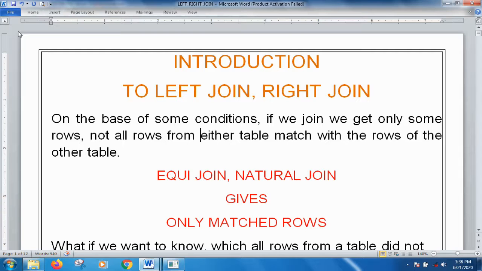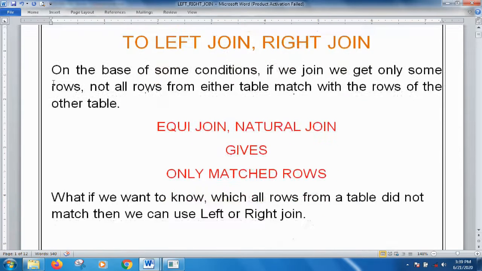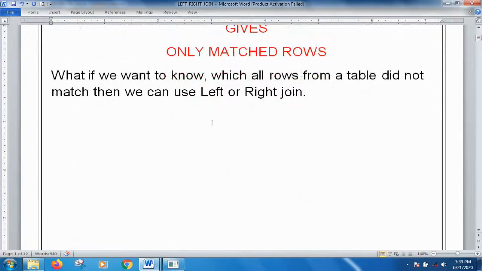When you display using equijoin or natural join, it only shows you the matching rows. What if you want to know all the rows from a table that did not match with the other? In such a case, MySQL left and right join can be very helpful, and it refers to the order in which the tables are put together and the results are displayed. Let us now try to understand these left and right joins one by one.